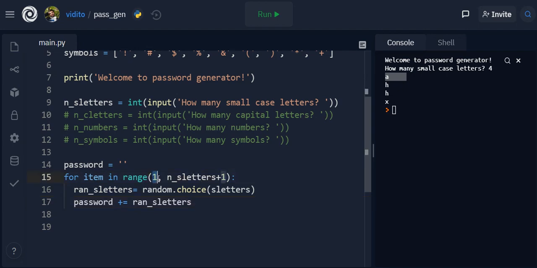Now what we have is it goes through this. Now the first time, how many is it? Let's say the user says 5. It's okay, from 1 to 6. I need to go through this 5 times. So it comes here, picks 1, adds it to password, goes again, picks 1, adds it to the password. It does it 5 times. Now if we print password now,